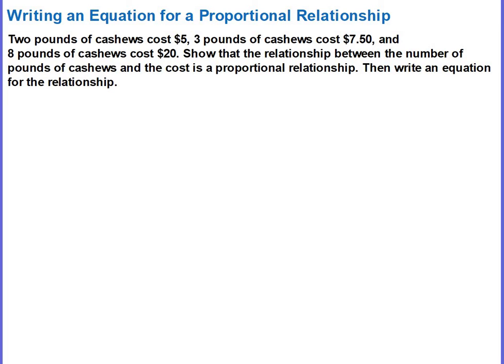We have a situation where we're at the store and we're purchasing cashews. And the first thing we want to do is show that the relationship between the number of pounds of cashews and the cost is proportional. And then I want to write an equation for the relationship. Okay, so I need to write an equation, and I need to show the proportional relationship. So what do I need in order to show the proportional relationship? Well, I need to know what two things I'm comparing, and in this case, I'm comparing the pounds of cashews